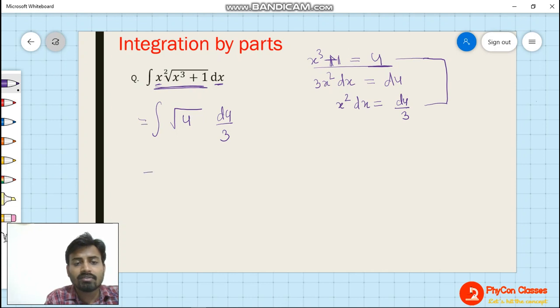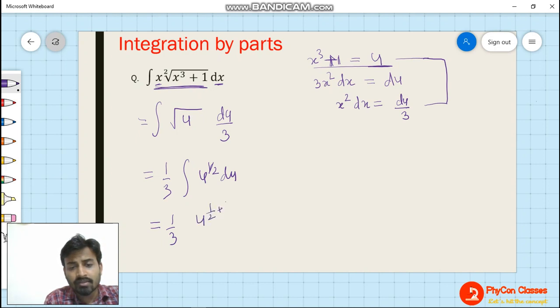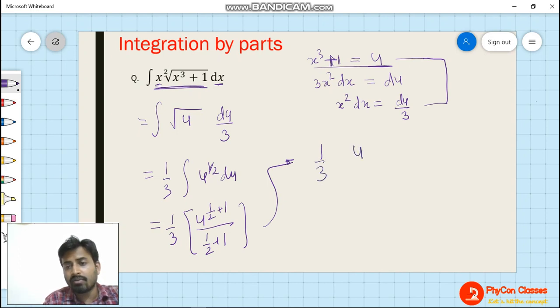So, now this integration can be solved. See, 1 by 3 can be taken out, it is the constant thing. Then u under the root u means u to the power of half du. Now u to the power half du, what will be the integration? U to the power half plus 1 divided by half plus 1, right? So now this can be written as 1 by 3, then half plus 1 is u to the power of 3 by 2 divided by 3 by 2. So this 2 can be taken in the numerator, and hence this answer will be 2 by 9 u to the power 3 by 2.